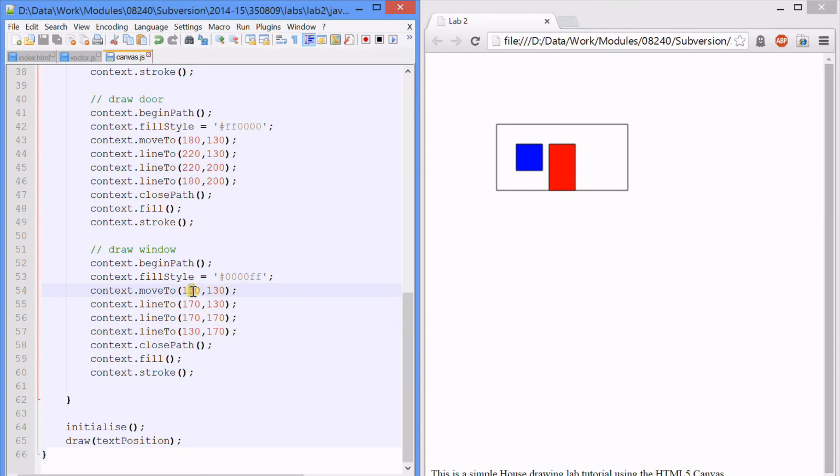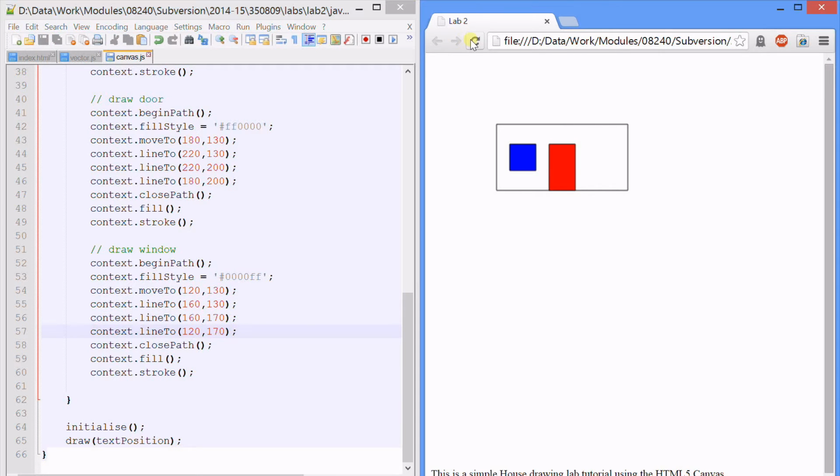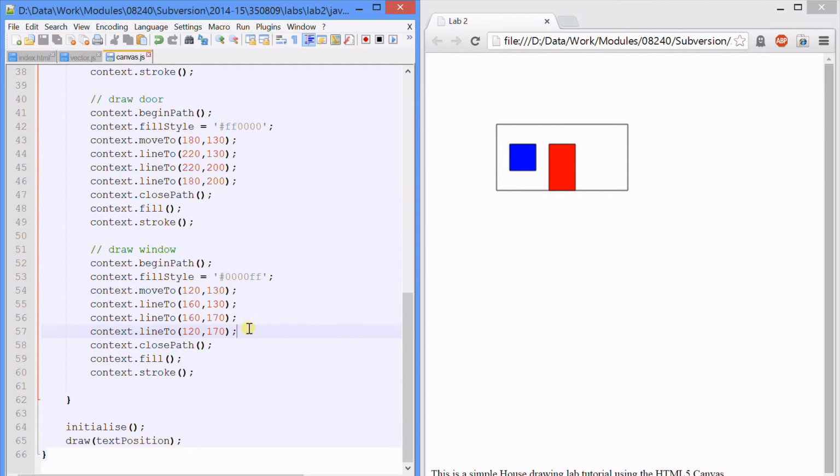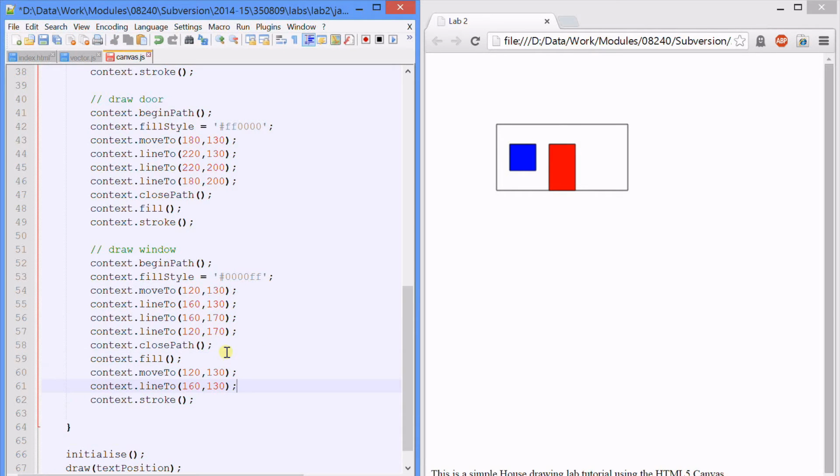I think I want it a bit further over though, so we'll do 120 to 160, 160, 20. There, that's a better positioning for the window, I think. And I'll also add in a nice little cross in our window. So halfway between that would be 140, and then if we go from 130 to 170,